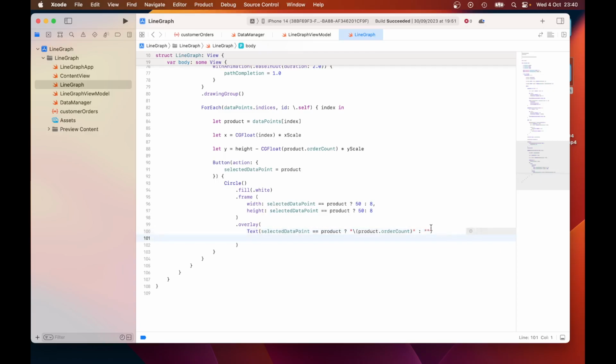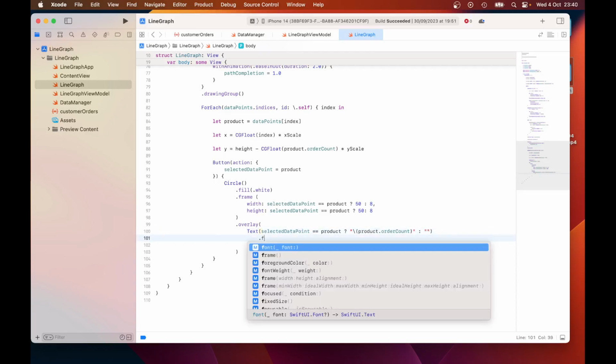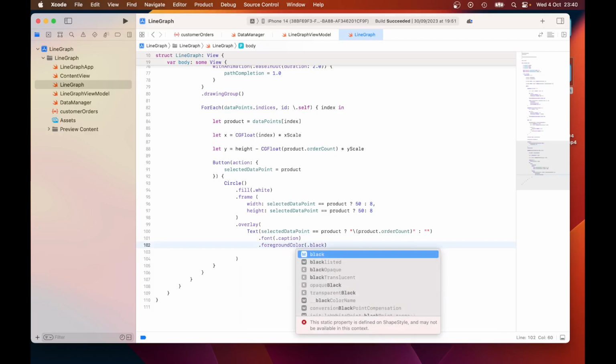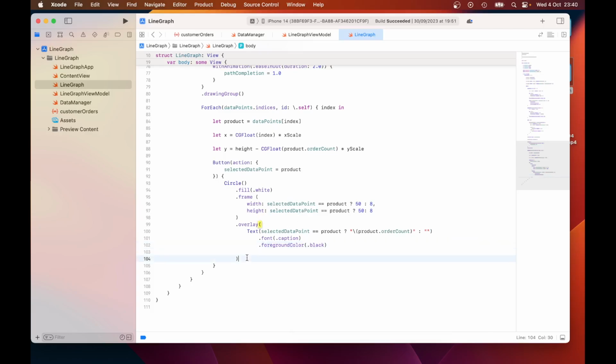And then we need to add a little font style, dot font dot caption, dot foregroundColor dot black,